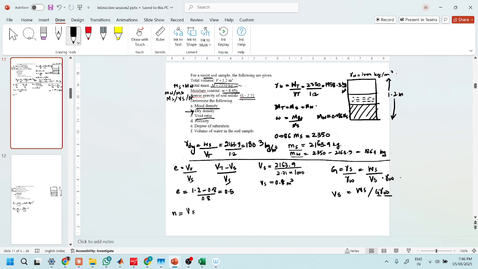Also, volume is more like total volume. So instead of 0.8 there, we will have 1.8. Including 1.6 minus 0.8 over 1.8. This will become